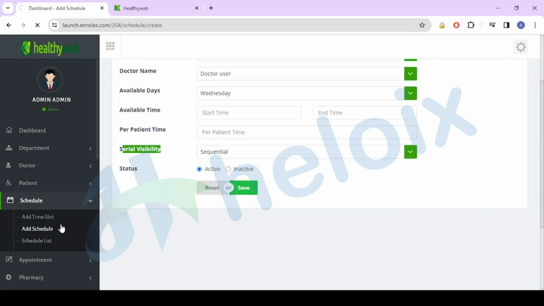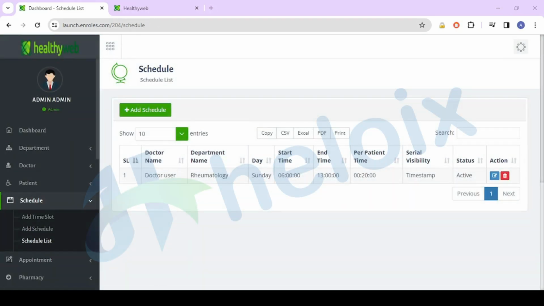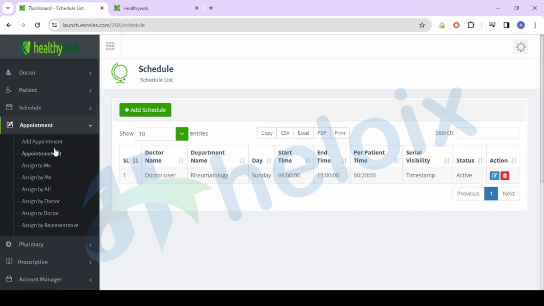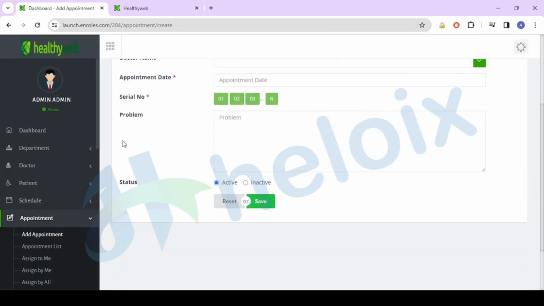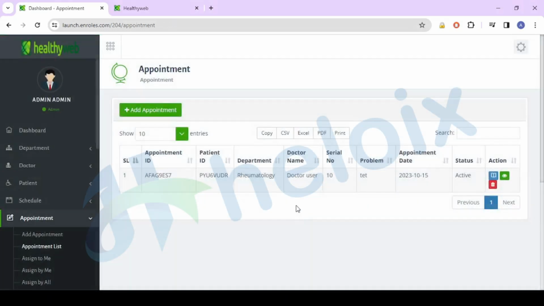Here you can check the schedule list. You can check which appointments are scheduled. That data will come here. You can check and update as well. Then we have other options as well. Let me show you. Our next option is appointment. If you click on appointment list, then we can find the appointment list data: appointment ID, patient ID. Here you can check add prescription. So here you can add. Here you can check the appointment list, which we already updated.